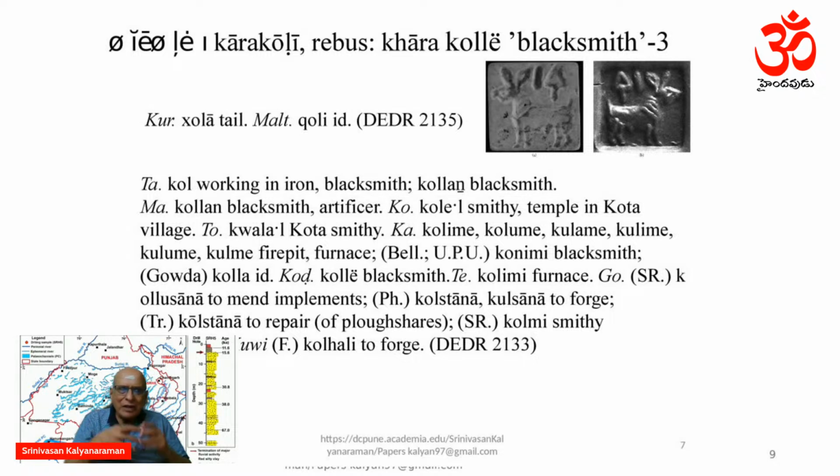Now, look at the sign at the right. Here we see clearly a picture of a wild ass or onager. Again, it's shown with the tile, small little tile, and 2 sign inscription. Kola tile, Koli tile,